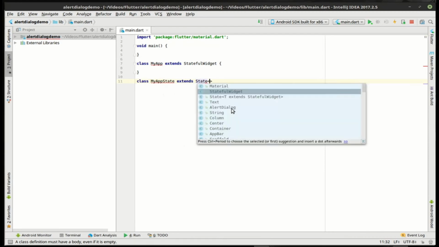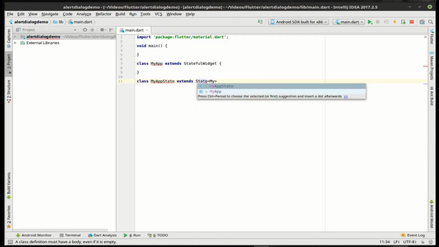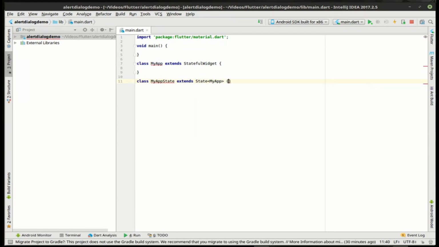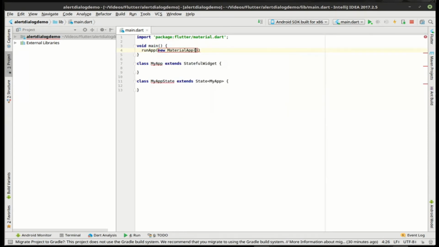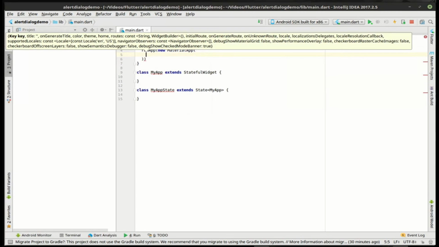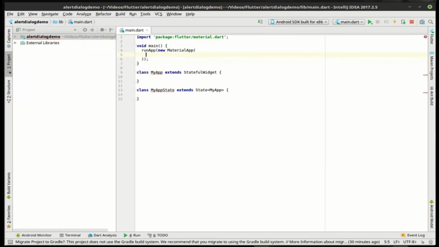We're going to create the state of this. Oops, not new. And we're going to shove my app out as the home of the material app, and then in here